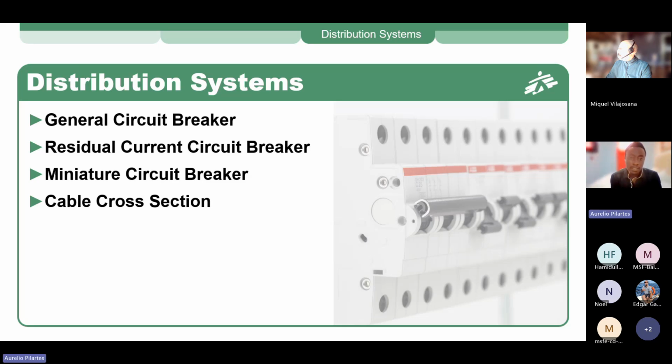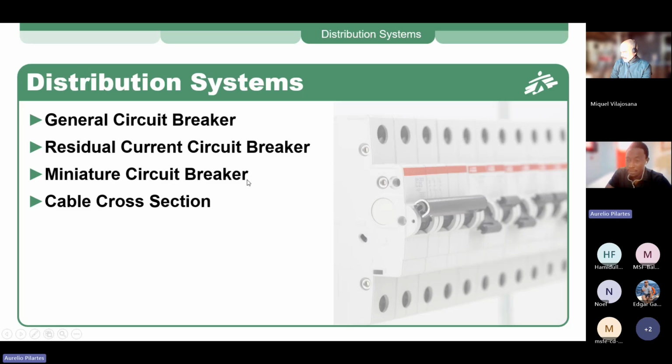So then we have the residual current circuit breaker, which is the device that will protect the system against leakage of current. This one is there mostly for protection of people, because whenever we have a current leakage, that could easily ignite a fire in the installation, or it could mean someone is in direct or indirect contact with current somewhere, which could be very dangerous. So the residual current circuit breaker, which we usually call RCCB, is there to protect against this specific fault.